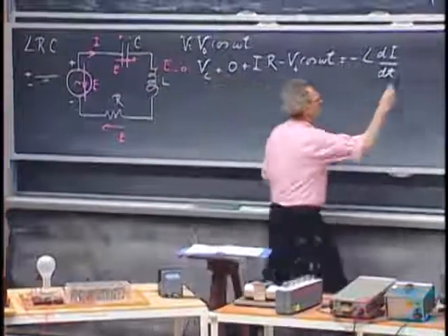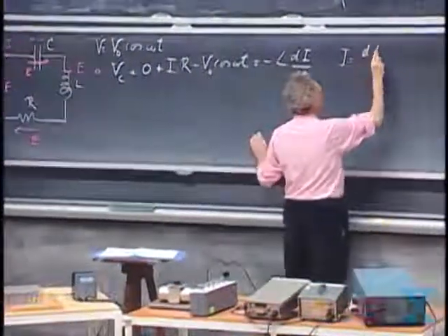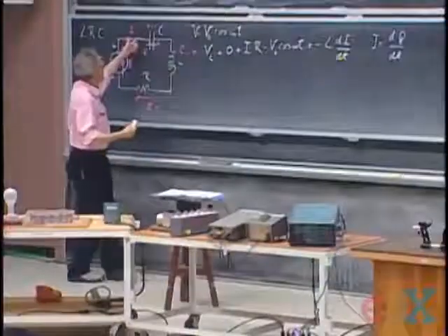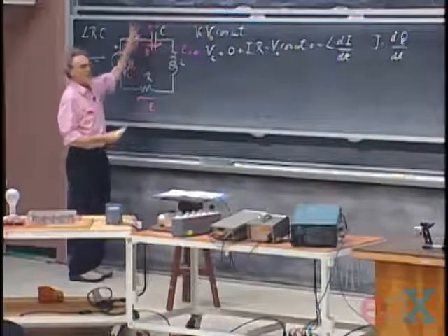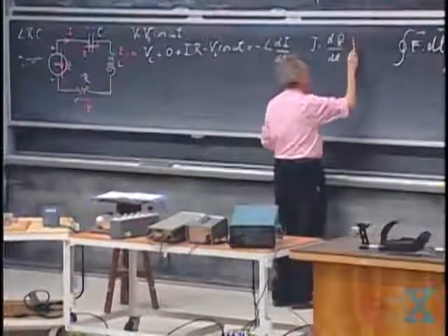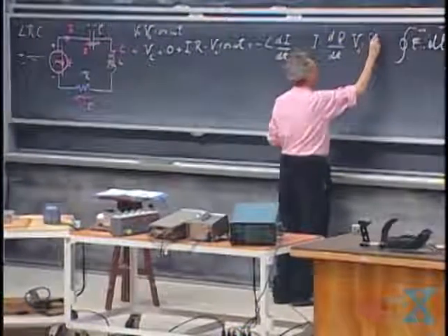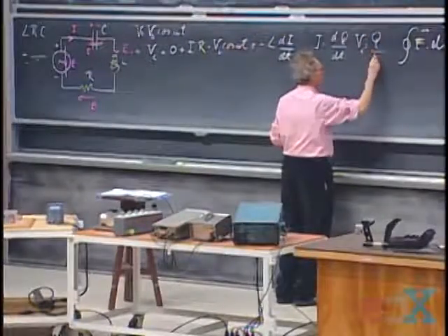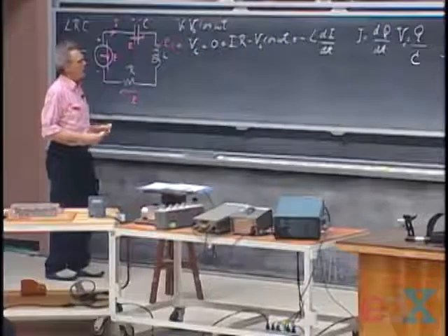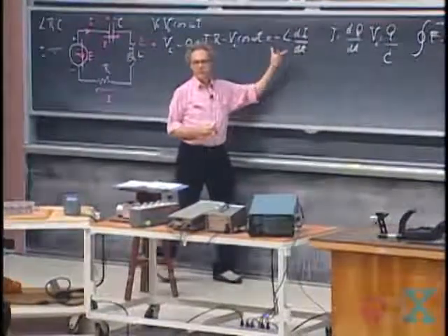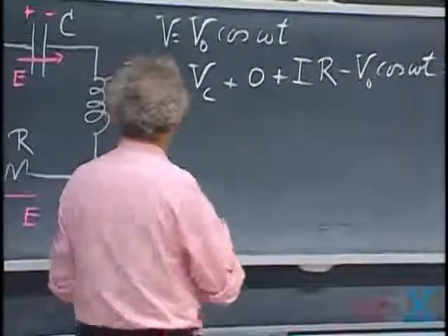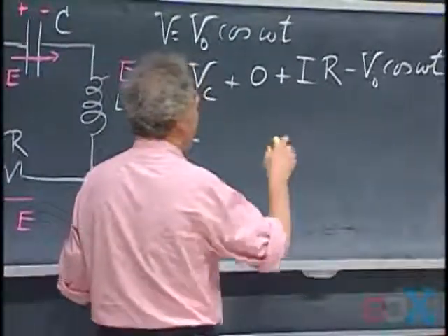The current equals dq/dt. If the current is positive, this is my positive direction, then the charge of the capacitor will increase. And I also know that V of C, the potential difference over the capacitor, is the charge on each one of the capacitor plates divided by C. And so I substitute that in this equation, and I bring the L dI/dt to the left side. That is conventionally done. You don't have to do that, but that's often done. So I get a plus L times dI/dt, which now becomes